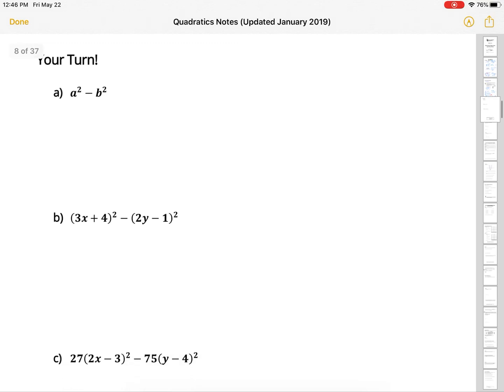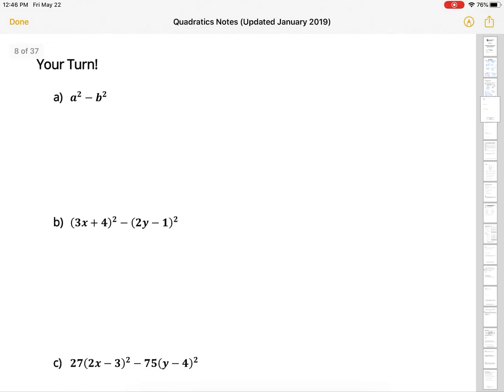Okay, now this is a your turn. So again, we're going to combine some different factoring. So when you're ready, pause it, do the work, and then when you're ready, come back. So the first one's pretty simple. A minus b, a plus b. It's really simple. Second one,